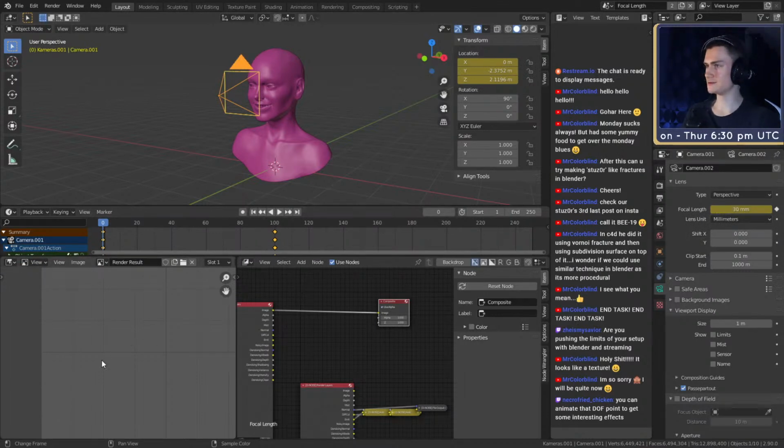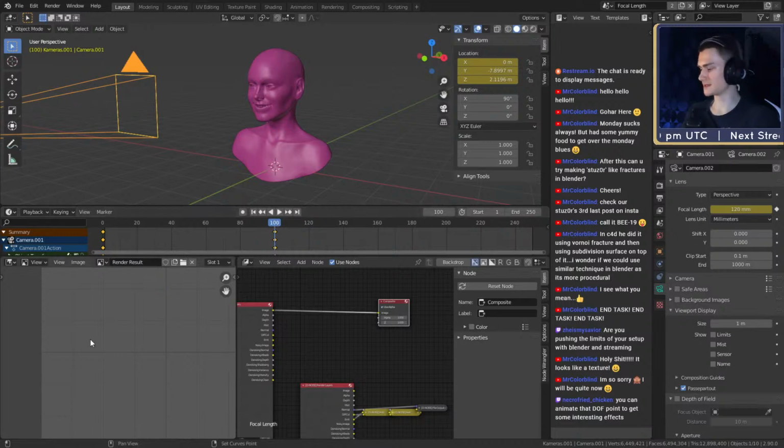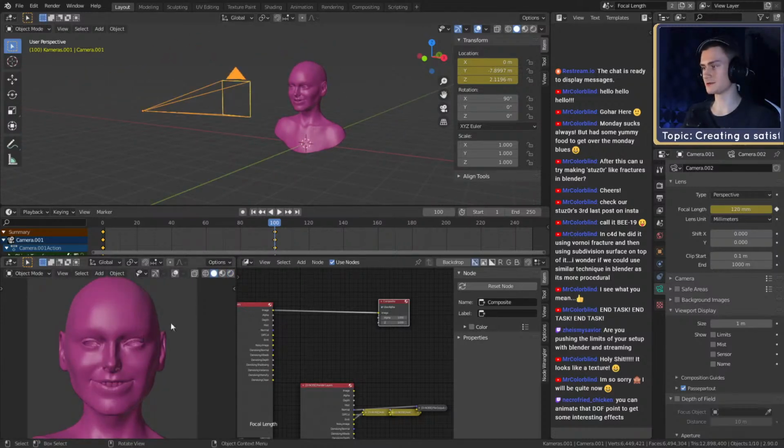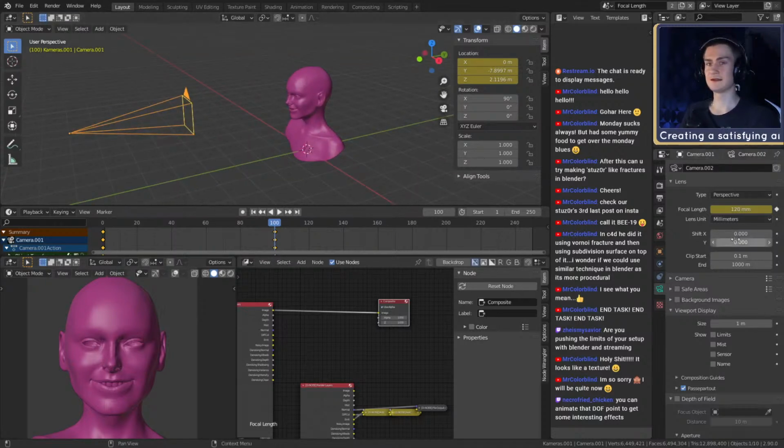If we go to, let's put it to 100 first, then we go back to the render or the viewport. It's loading right now. You can see the character. Of course, just a normal character. Then, as you can see right now, the focal length is set to 120. If we play this animation, it's not only going to push down the focal length to 30, but you're going to see what happens.